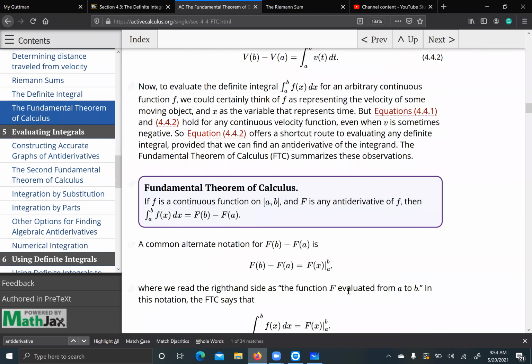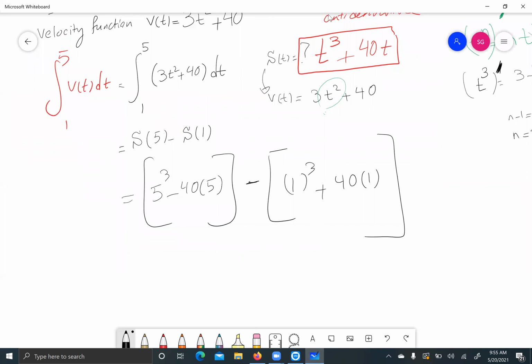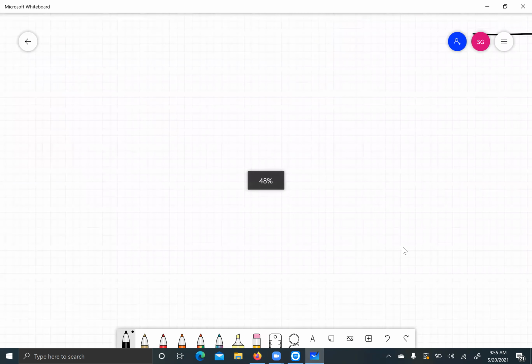So now we introduce the fundamental theorem of calculus. If f is continuous on the closed interval a and b, and capital F is the antiderivative of a small f, so in this case, the relationship between capital F and small f is that small f is the derivative of capital F. Then we have this relationship in terms of their integral. So I'm going to write this down. So the fundamental theorem of calculus says that